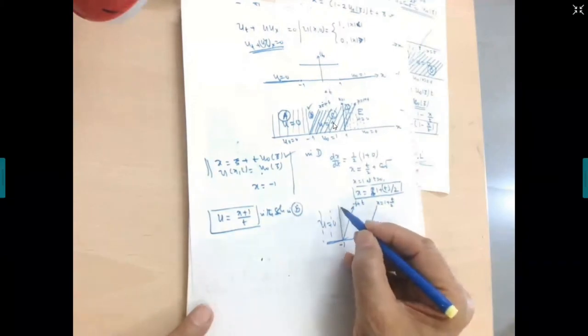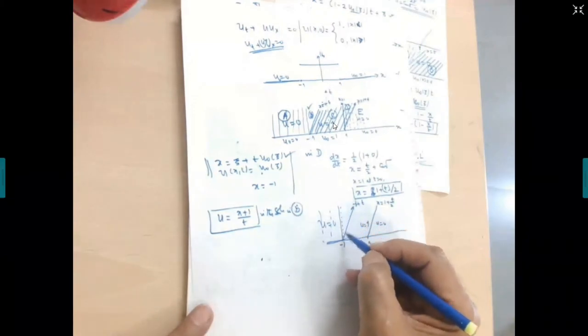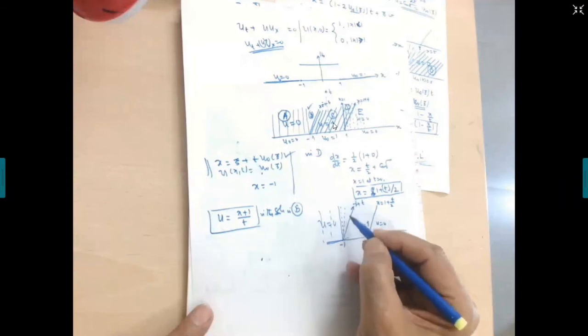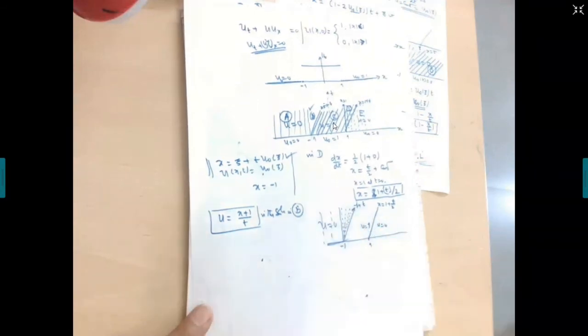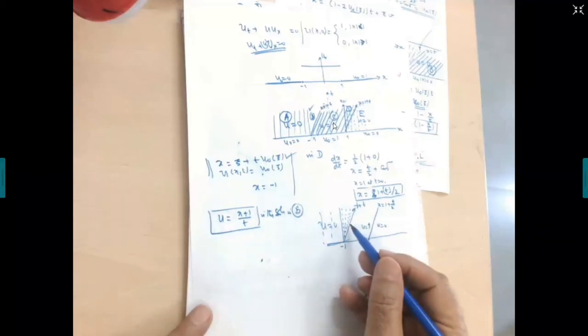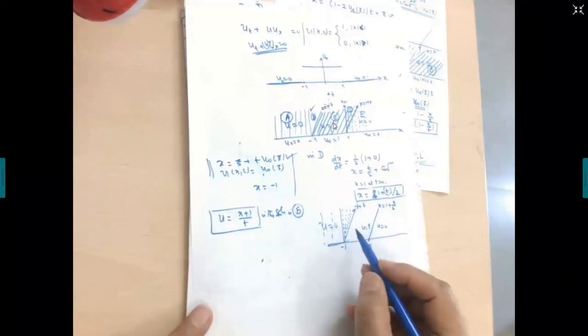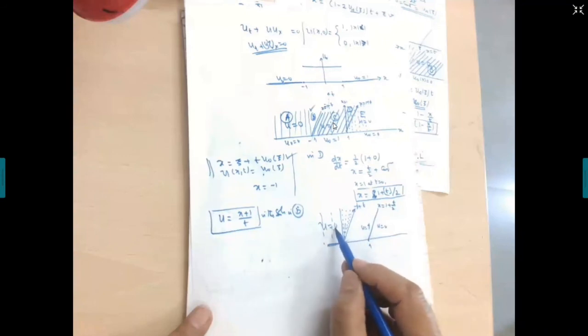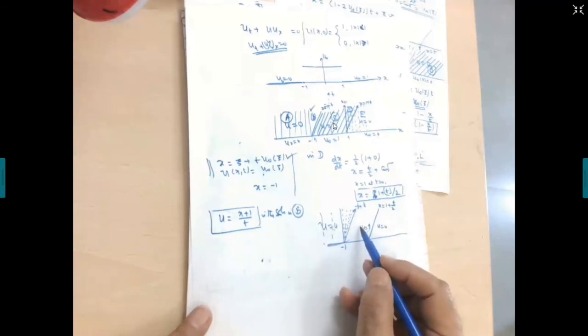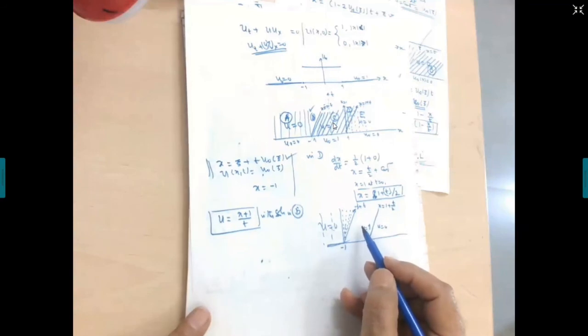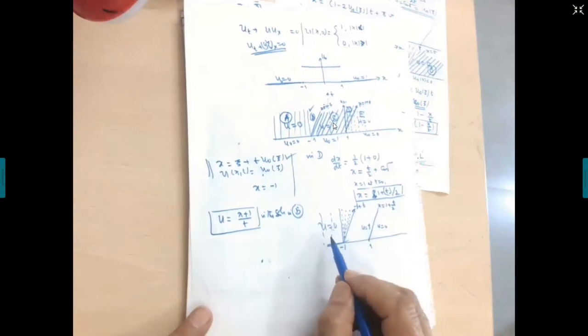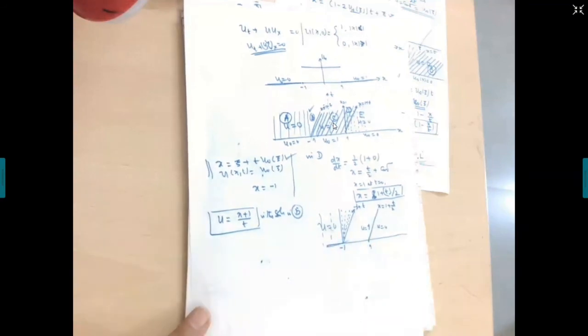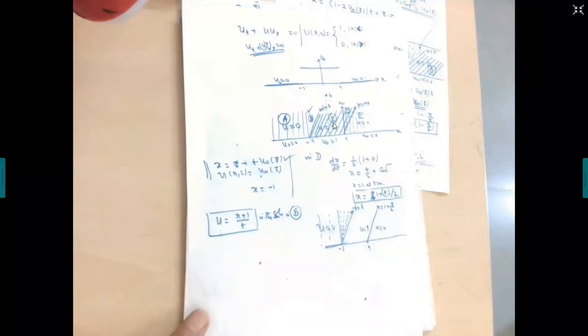So these are the characteristics emanating from this, and they carry the information, that is, all values of u between 0 and 1. It has to be a rarefaction wave because across this you can see that u increases. On the left it is 0, on the right it is 1, just opposite of a shock. On the shock, the left value is greater than the right. So this is the rarefaction wave region.